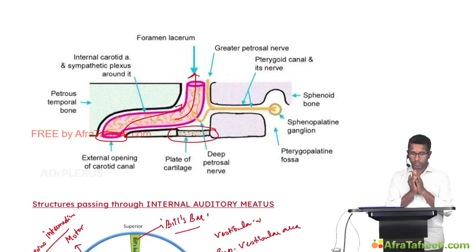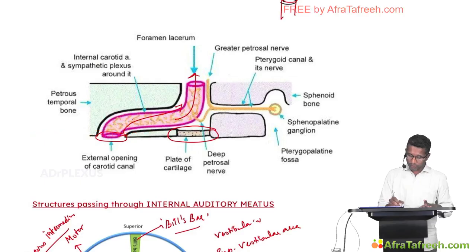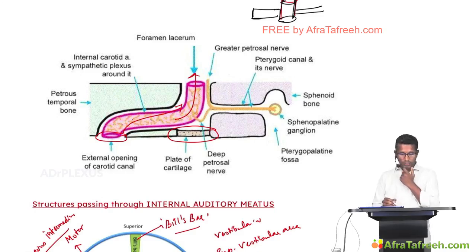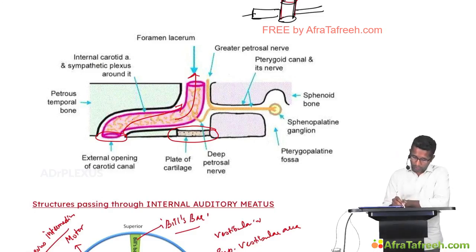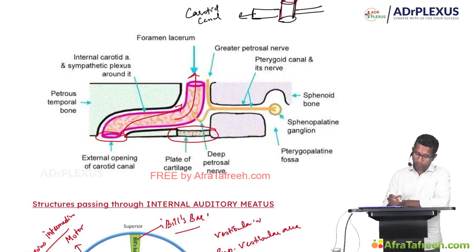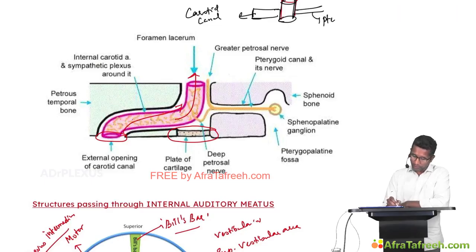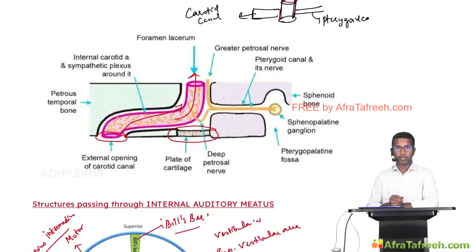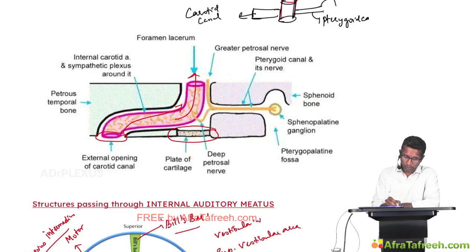And more important is, let us consider this is the foramen lacerum. One canal is opening on its posterior wall and another canal is opening on its anterior wall. What is the canal which is opening on the posterior wall? This is called the carotid canal, and the canal which opens on the anterior wall is called the pterygoid canal. This pterygoid canal runs from the anterior part of the foramen lacerum and opens into the